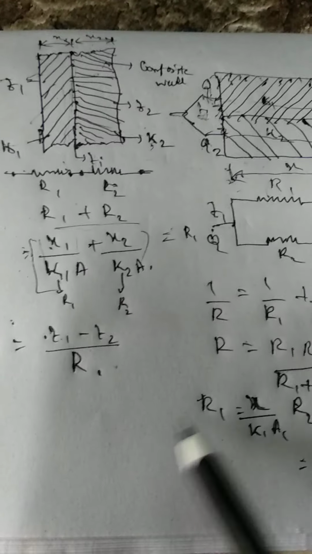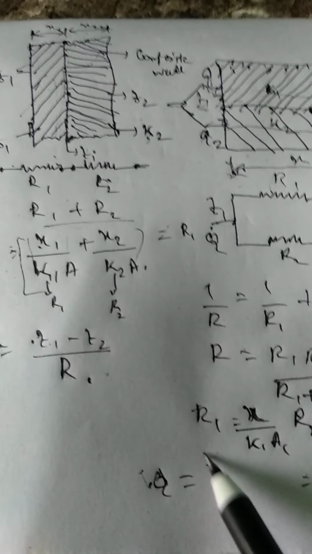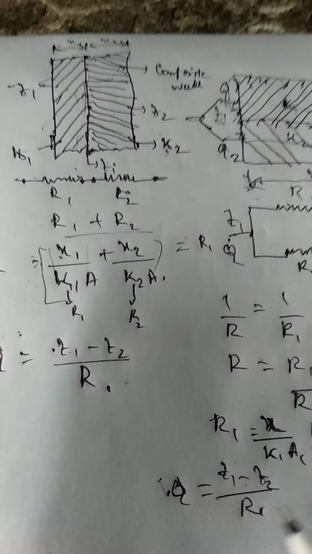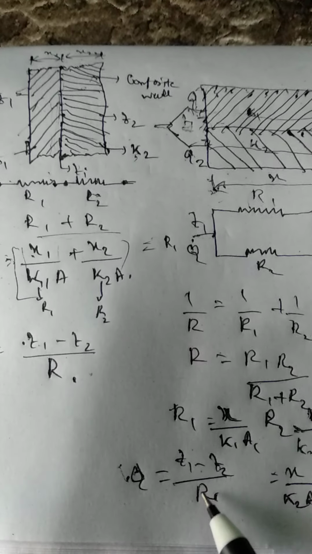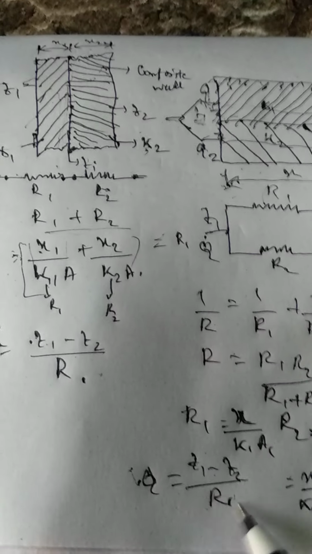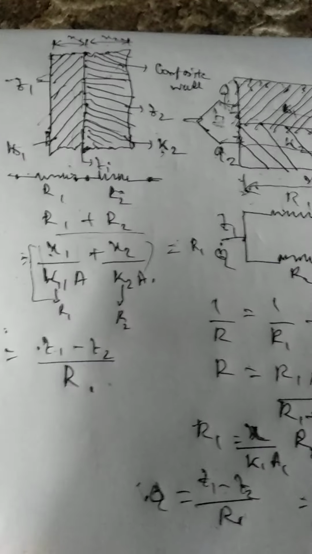Similarly, the rate of heat flow you can find is T1 minus T2 by R. So now you put the value of R by putting the values of R1 and R2 here. This will be a bit complex one, but you can find out the value of heat flow for this condition. So this is about the resistance concept. I hope you have understood this resistance concept. So you can find out the rate of heat flow for a composite wall for this kind of problems.